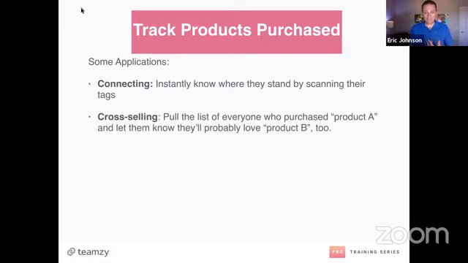Okay, cross-selling. This is huge. So pull the list of everyone who purchased product A and let them know they'll probably love product B too. Perfect example. I'll use a Beachbody example first because that was my experience. If people bought 21 Day Fix and there was a new program by Autumn Calabrese, I would contact everybody who liked 21 Day Fix and say, have you tried this program? You might want to try this one next. Okay. It was just an easy way to go through a list and add value. And most people were excited to know there was kind of a follow-on product to the one that they already enjoyed.